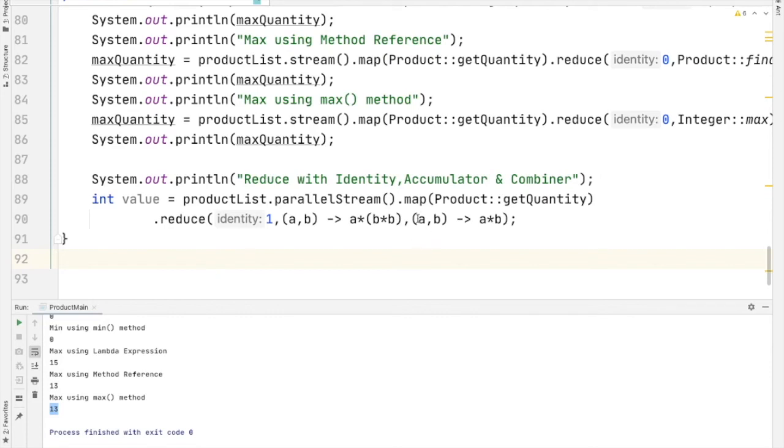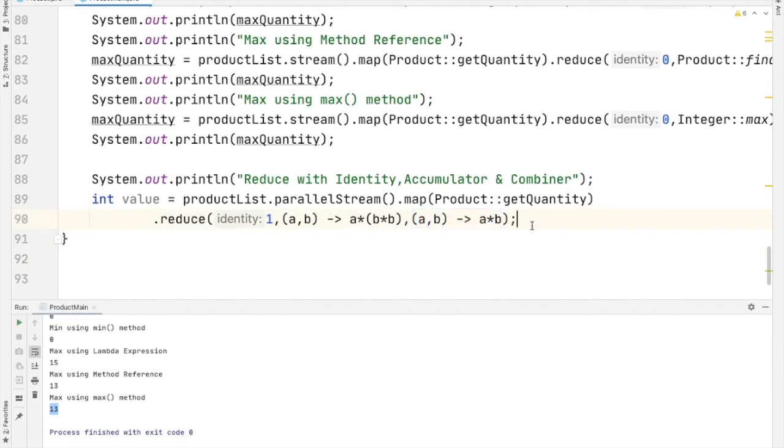In the example, you can see that the combiner function differs from the accumulator function. Accumulator function is performing the logic of getting the product of squares, whereas the combiner function is combining the partial result which can be done by multiplying partial results. That is why the function is A, comma, B, lambda expression A into B.